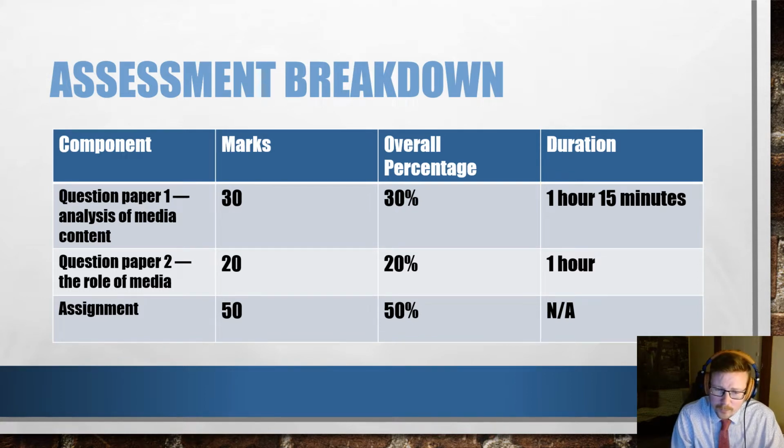A little bit of information about this. It's slightly different from previous years due to them changing the requirements slightly during the pandemic. That means that if you find previous past papers, you may find that question paper 1 is saying it's 50 marks, worth 33% of the overall grade, and lasts a lot longer. But that's been changed, and the amount of marks for the assignment has also been changed. So they've been reduced slightly, which means hopefully that your young person can focus more on certain aspects that will get them grades and hopefully perform better.